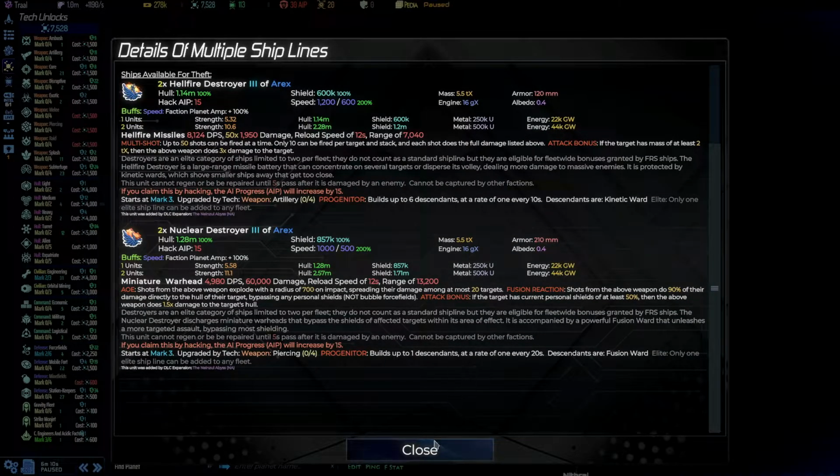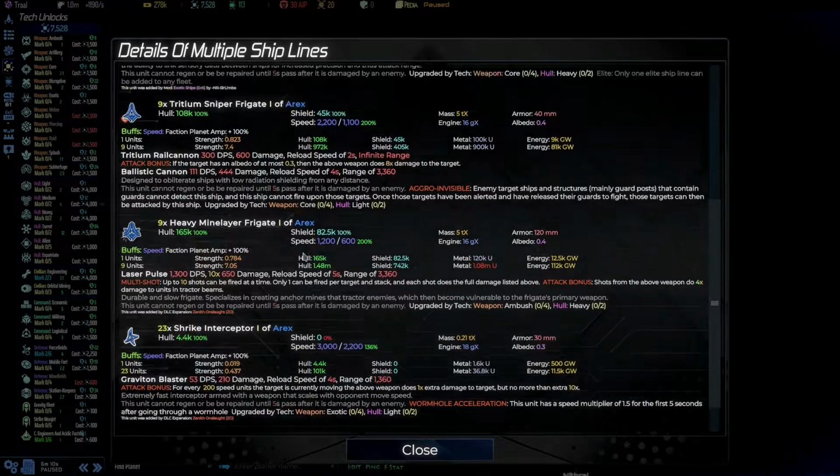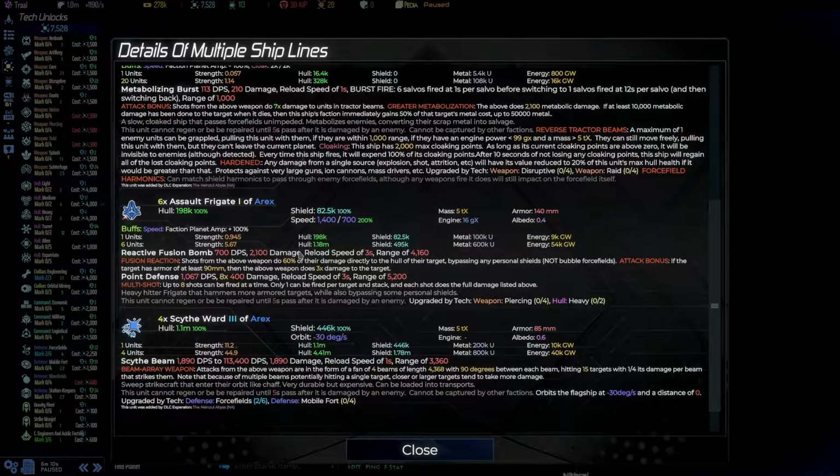Then it also has an attack bonus if the enemy has 50% or more ships. So basically these are in a way similar to the assault frigate. The assault frigate doesn't have that damage bonus, but it also does damage through shields,